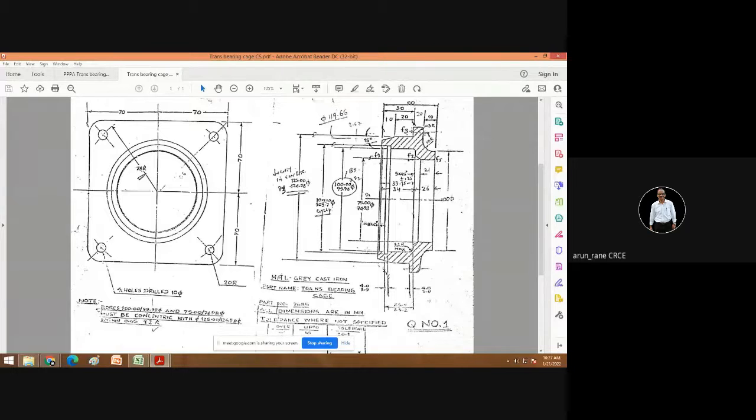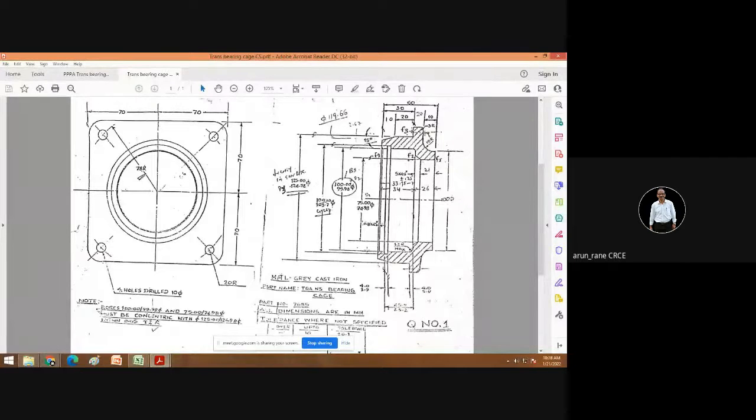That means if my finish weight is 1 kg, my raw material weight should be 1.25 kg, that is 1 kilo 250 grams, so 25% more.